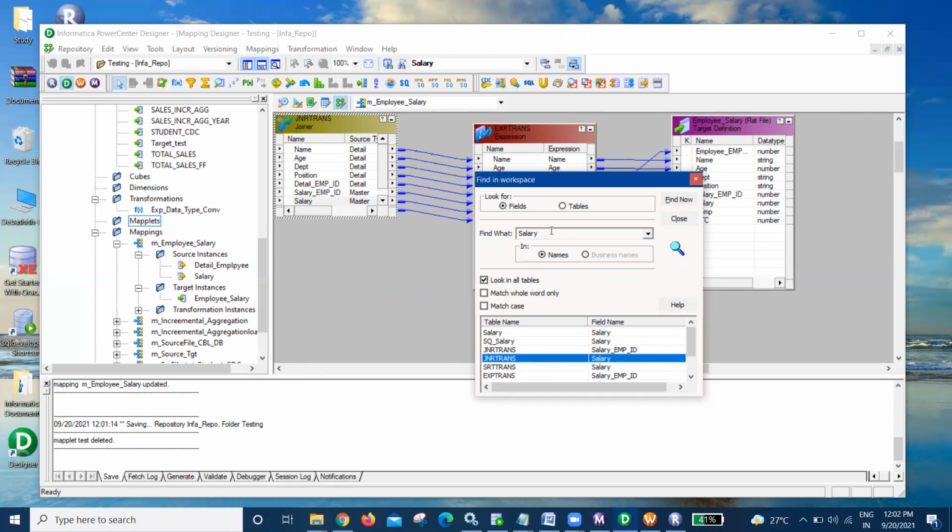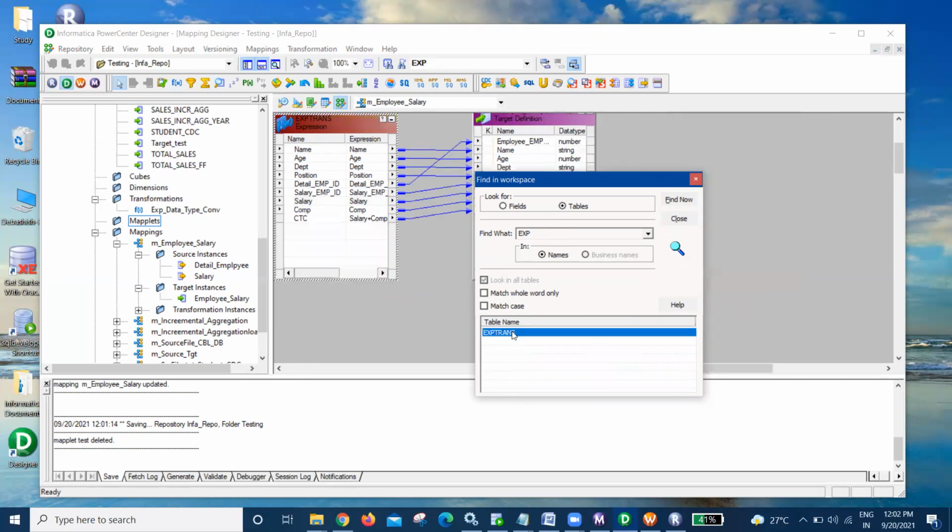The same way, if you want to find a particular table name, suppose I want to find a table name joiner or expression, exp. I just know this name only. I'm just giving this one, so it will give me all the names that are similar to exp. When you click on that, we'll go to that transformation.